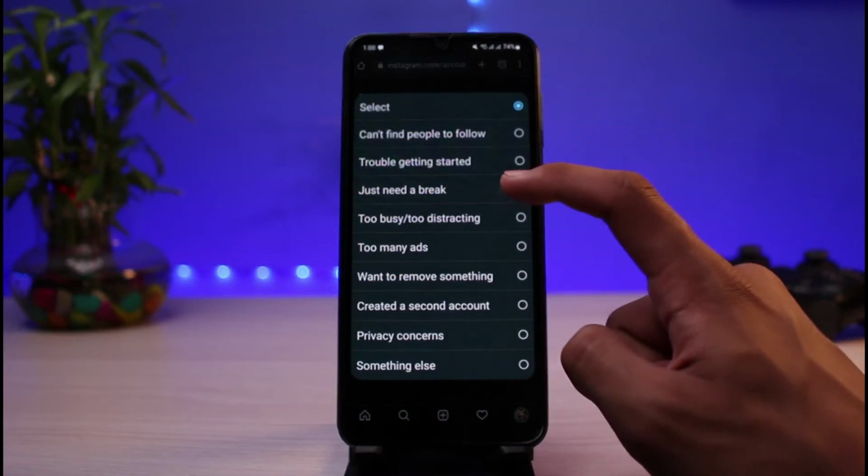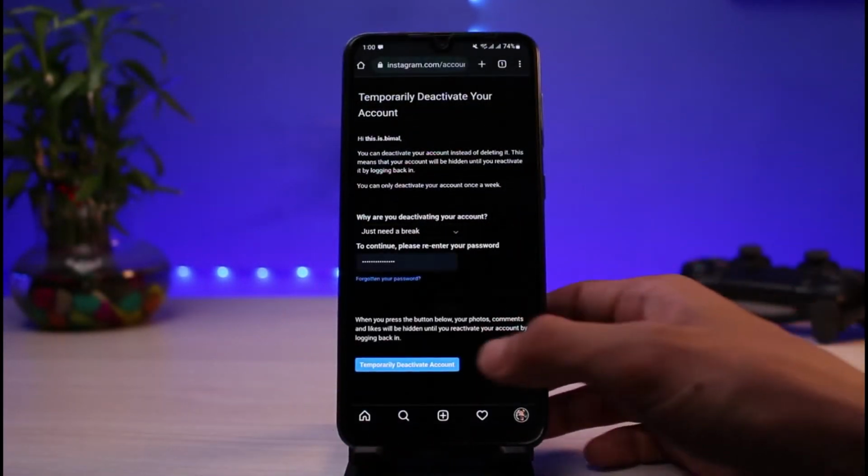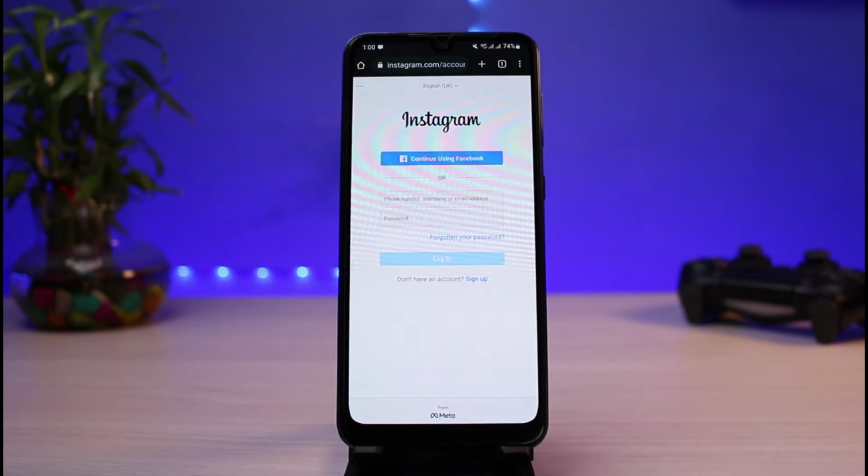So go ahead and enter your password in order to confirm the changes. Once you've entered your password, tap on temporarily deactivate my account and tap on the yes button. Once you have successfully deactivated your account, I will show you how you can retrieve or reactivate it. So as you can see, the deactivation process is successfully complete and we have been logged